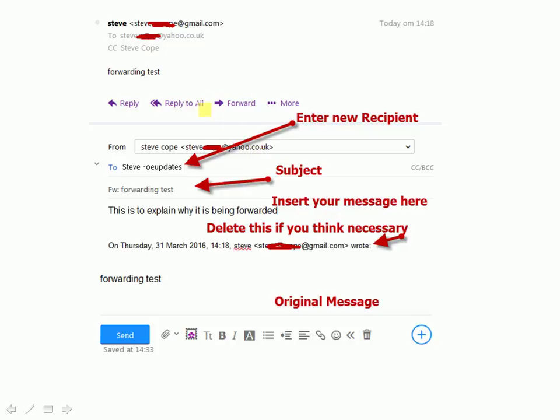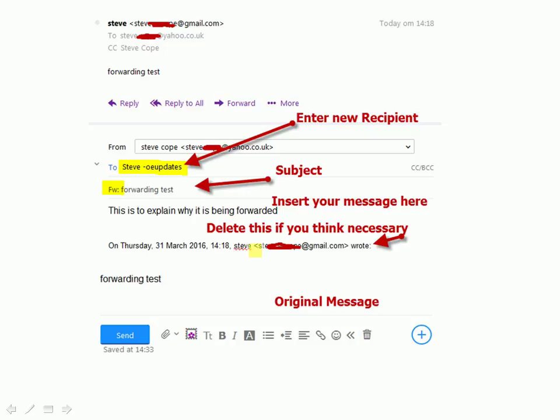Now, this is a screenshot showing you Yahoo. This was taken some time ago, so it might have changed in the meantime. But when you click on the forwarding, what happens is you open up an email form, and most of it's automatically filled in, the from address. Now, the to address you need to fill in yourself because it's going to someone else. That's the forwarding address where you're forwarding. It usually has a subject starting with FW: and it's just a forwarding test,